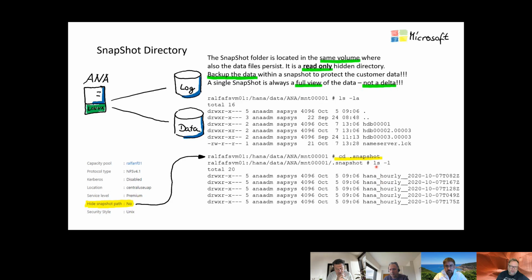So from the OS perspective, you should see the full size, correct. But in reality, it would be physically smaller, meaning you should pay less. It's going to the cost optimization as well. Absolutely. So when you see here 5 snapshots and you have a 10 terabyte database, your logical view is then 50 terabytes in every snapshot, plus the 10 terabytes on your main storage. So you would see logically 60 terabytes, and this 60 terabytes comes down maybe to 11 or 12 terabytes physically on the disk space. Right. So that is the way how it works. Good.